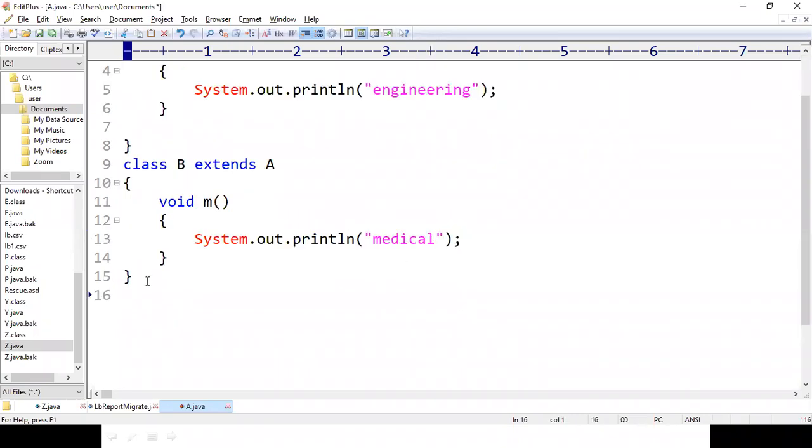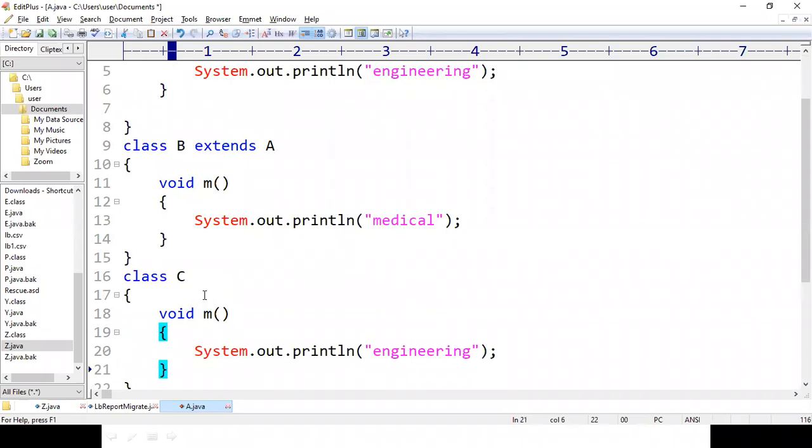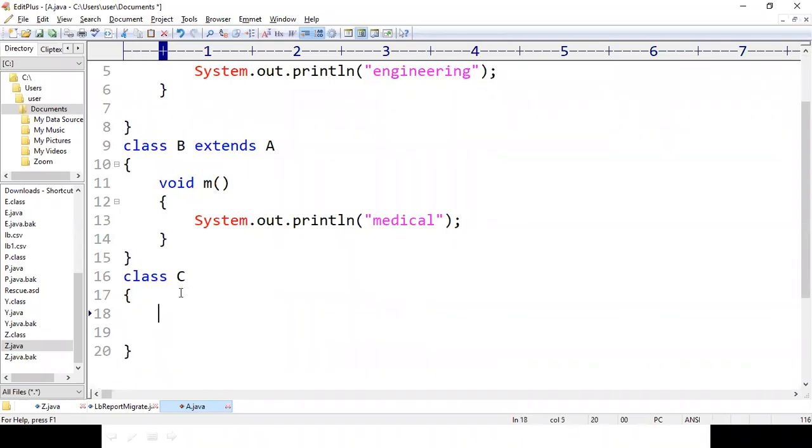Then I'm going to write one more class called C, which is an independent class, and inside C I'm going to write the main method of Java, static void main string args.